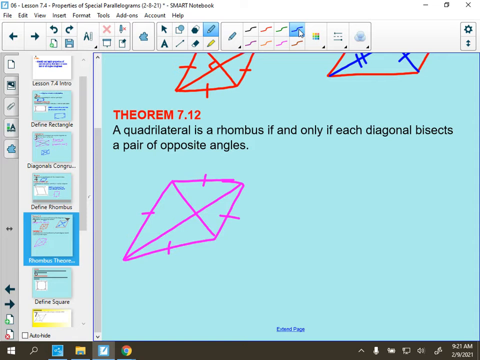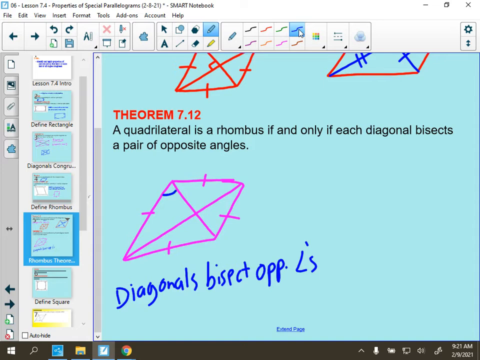But the property here is that the diagonals bisect each other. Yes, that's true. That's because it's a parallelogram, but they also bisect both sets of opposite angles. What? And again, that's brand new, has never happened, at least as far as these quadrilaterals we've been talking about. So what does that mean? That each one of these angles,